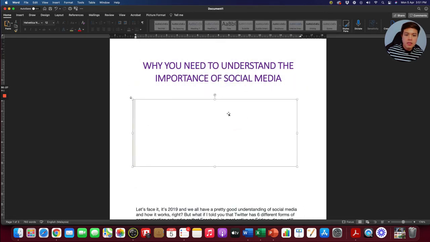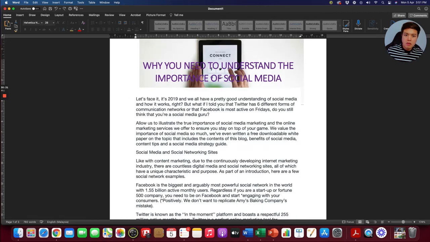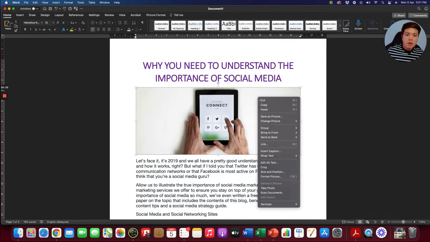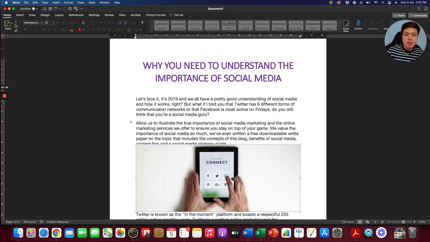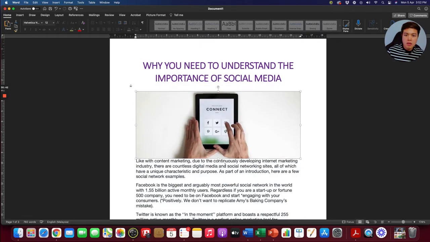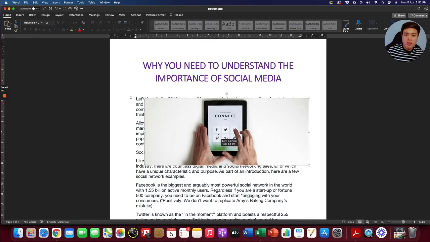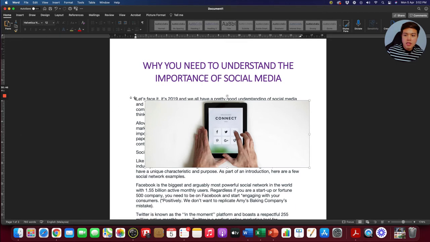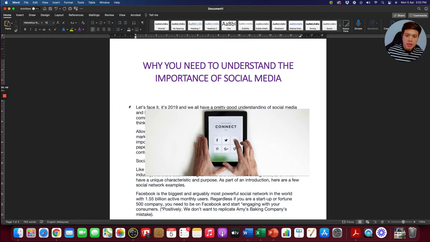So let's say this is the picture, right, so wrap text in front of text, okay, so you can move it around if you want to. So let's see, we just bring the words down,